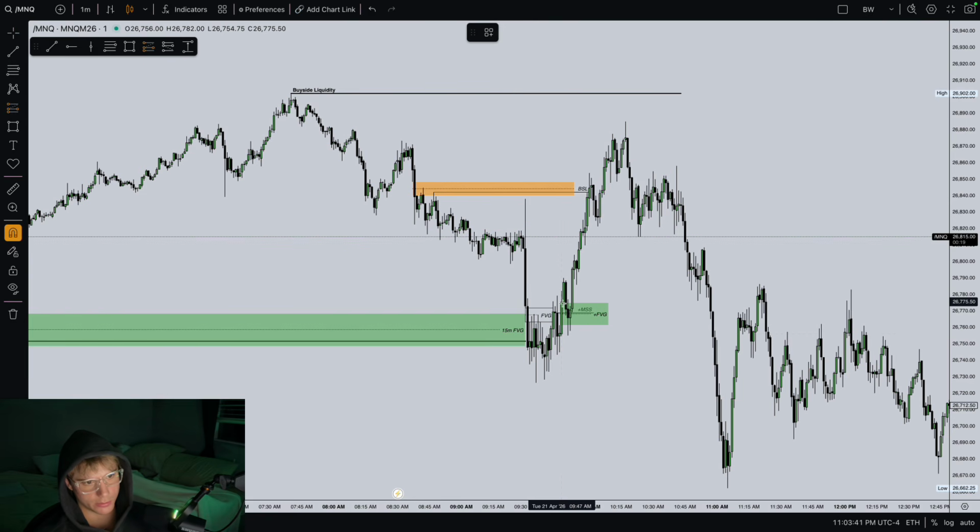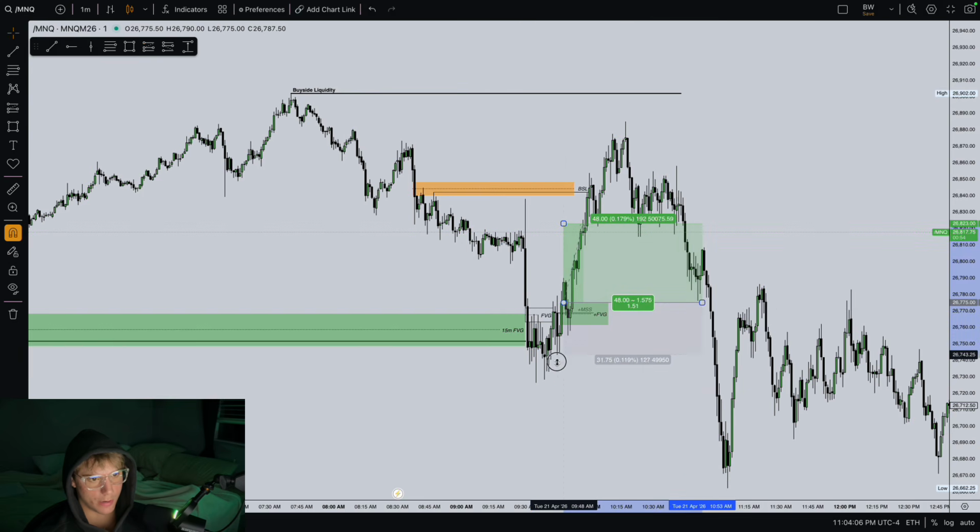Okay, so as soon as I saw we closed above this high and this fair value gap held, and we had an inverse fair value gap after taking out sell side liquidity, and we had an SMT at the lows, and we were respecting this 15-minute fair value gap, I entered straight away. Okay, so I entered positions up here right when we closed, and then I had more positions down here once we retraced,